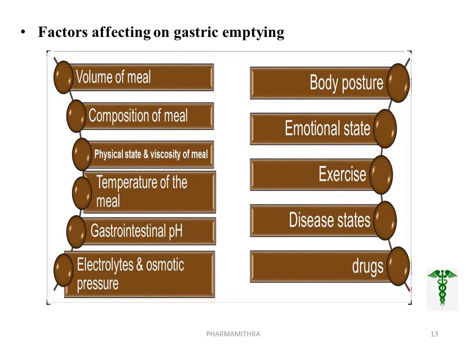That is, liquid meals take less than an hour to empty, whereas a solid meal needs a long time, as we all know. Viscous material also empties at a slower rate in comparison to less viscous material. Fourth one, the temperature of the meal. That is, high or low temperature compared to our body temperature reduces the gastric emptying rate. Next, gastrointestinal pH. That is, gastric emptying is retarded at low stomach pH and promoted at higher pH.